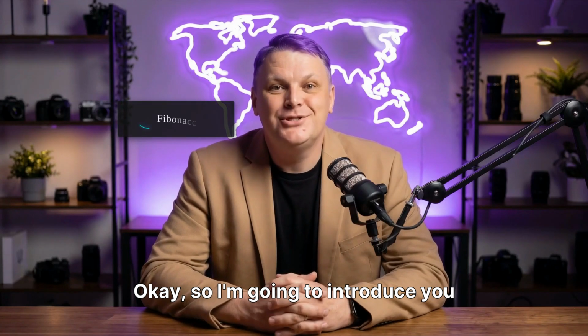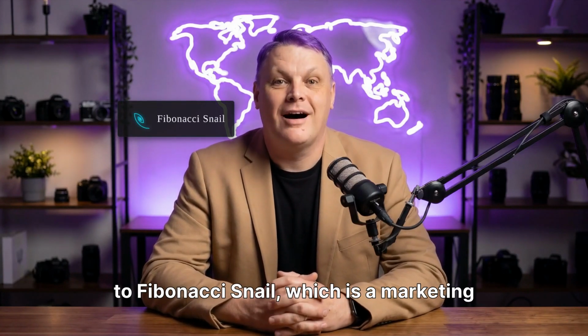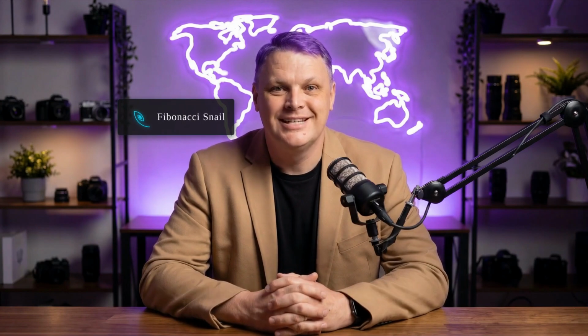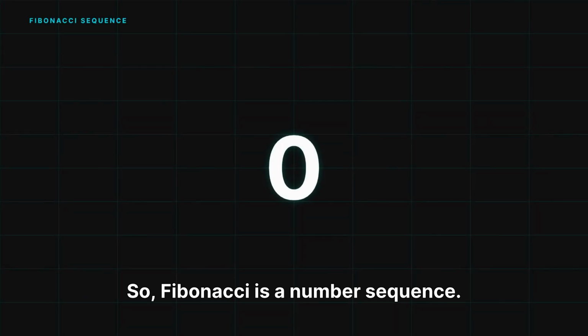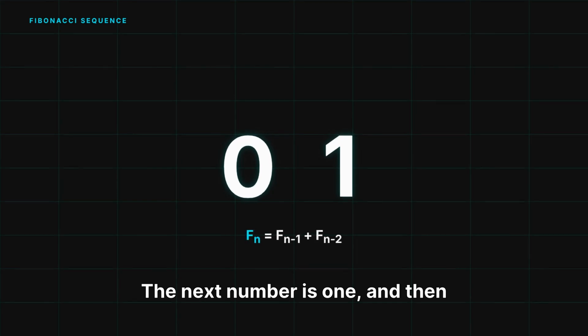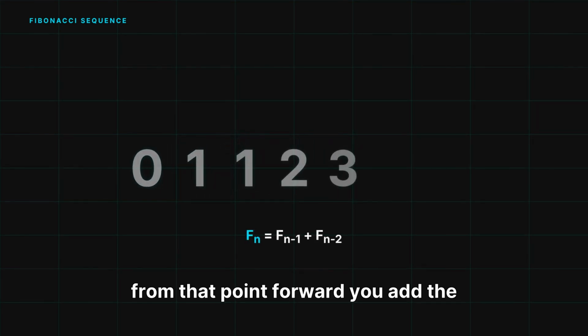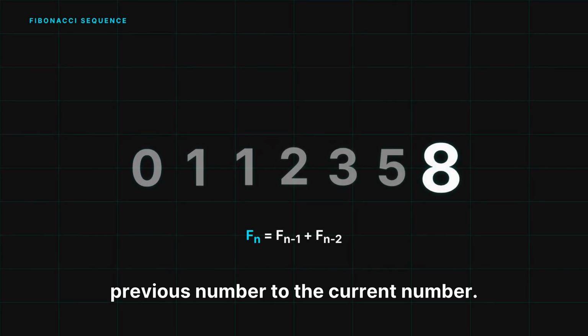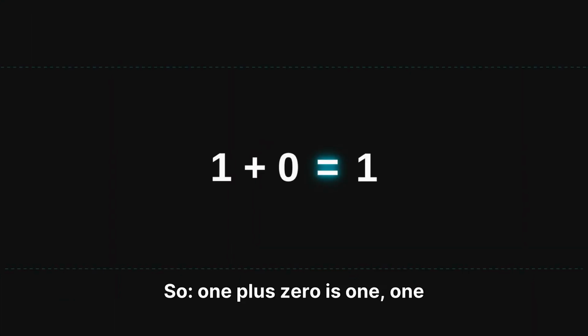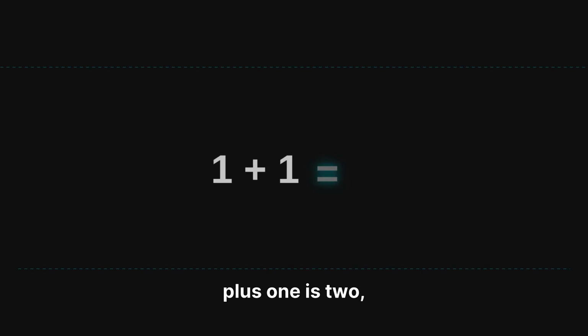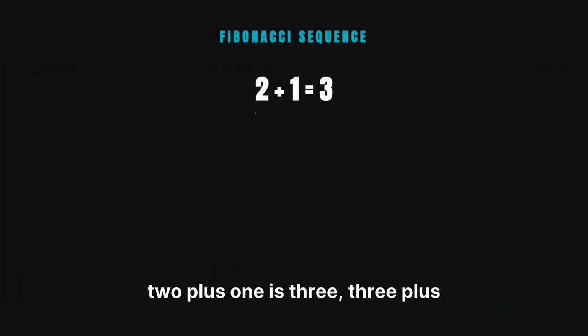Okay, so I'm going to introduce you to Fibonacci Snail, which is a marketing sequence based on numbers. So Fibonacci is a number sequence. It starts with 0, the next number is 1, and then from that point forward, you add the previous number to the current number. So 1 plus 0 is 1, 1 plus 1 is 2, 2 plus 1 is 3,